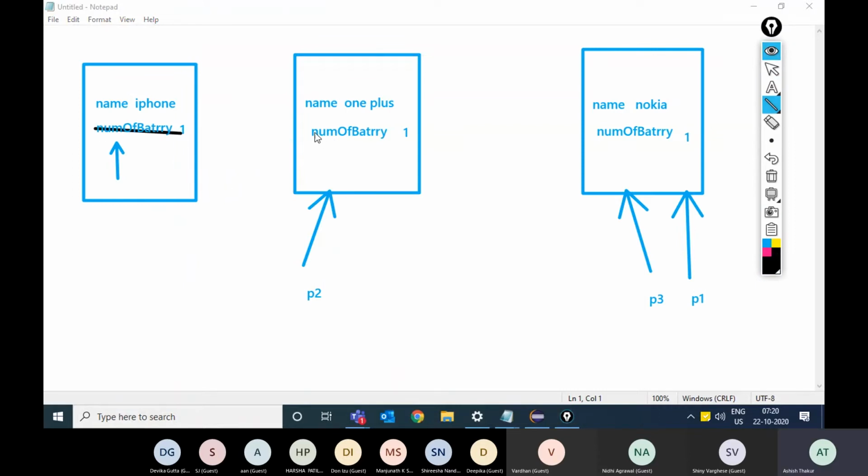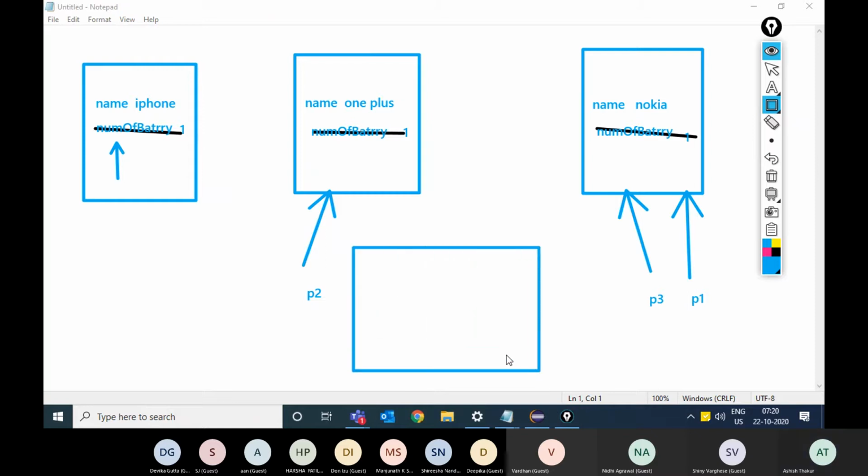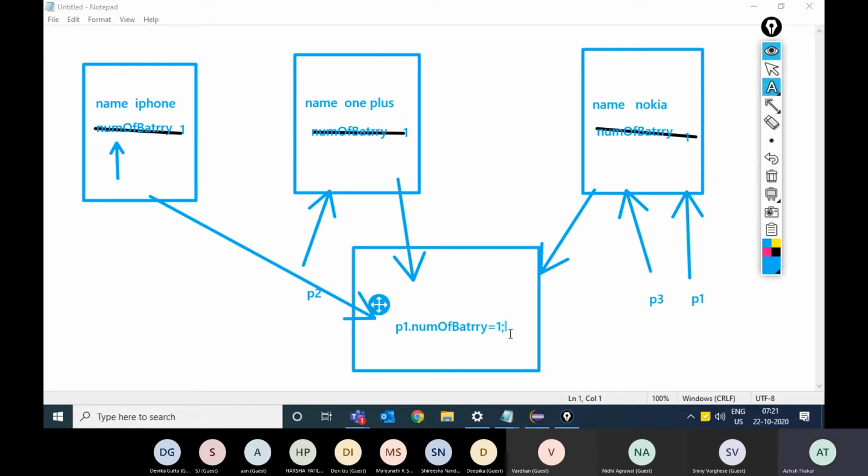Okay, it is removed from the object and it comes over here at a central location, which is common for all the objects. Okay, it comes over here. Okay, number of batteries.